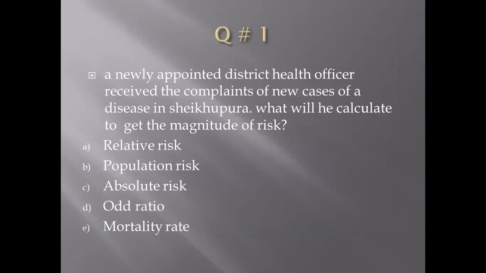It's time for MCQs. MCQ number 1. A newly appointed district health officer received complaints of new cases of disease in Sharipura. What will he calculate to get the magnitude of risk? A is relative risk, B is population risk, C is absolute risk, D is odds ratio, and E is mortality rate. The answer is C. To get the magnitude of risk of the new case incidence, it will be the absolute